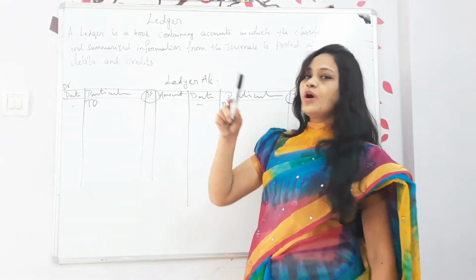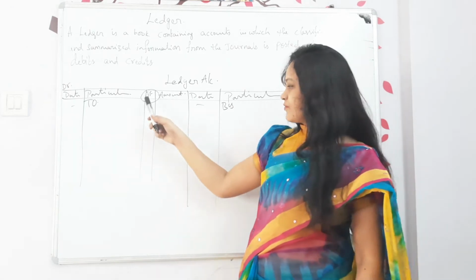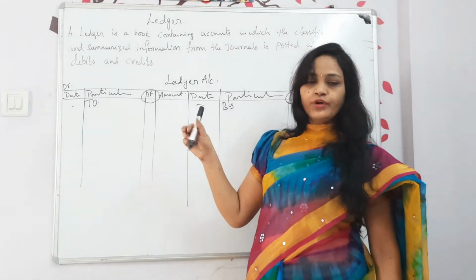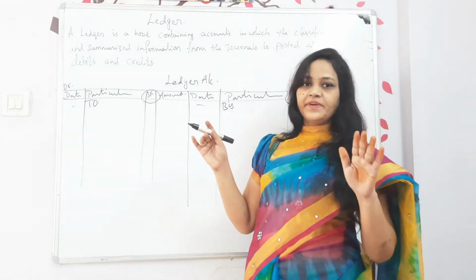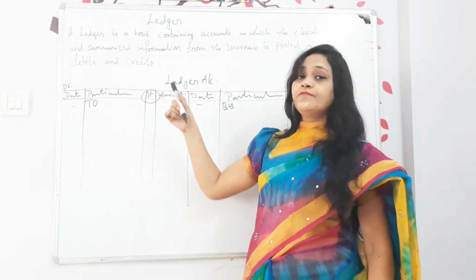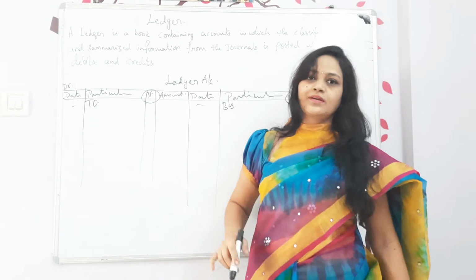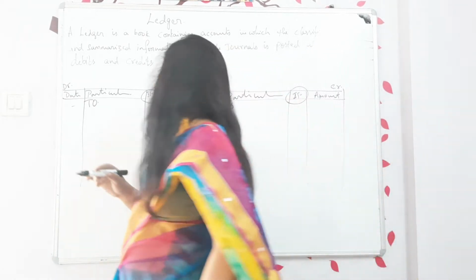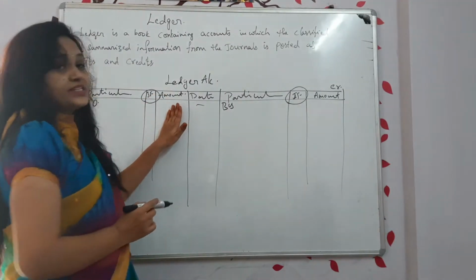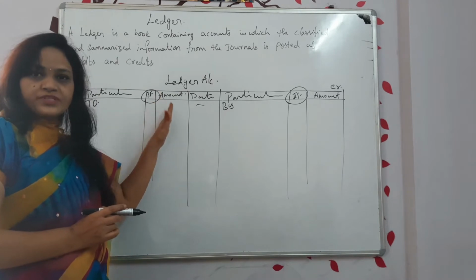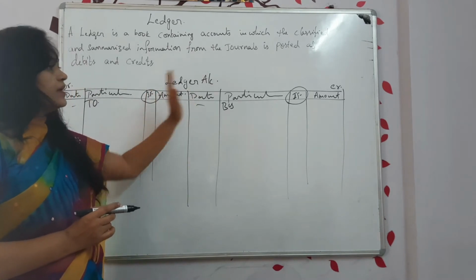Journal folio. When you are in the educational mode, you may not find the numbers. You may not find any pages or any page numbers. So we will leave it. If you don't show this journal folio column, they'll cut 1 mark. So at least for that 1 mark, you have to write down the journal folio. Amount, what is the amount we spent over there or received over there, whatever, that we will be writing.